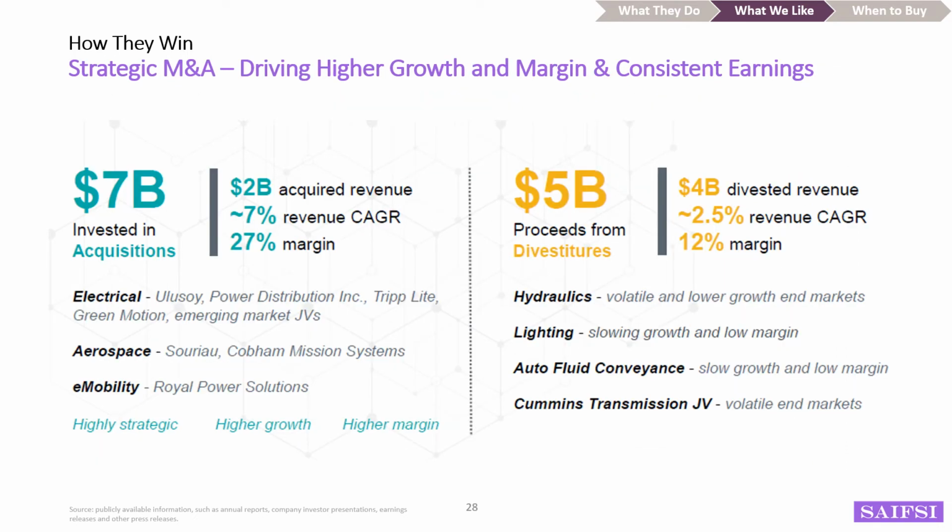A key part of Eaton's story is its strategic M&A. In the past 3 years, Eaton made some bold moves in M&A to transform itself into a higher growth, higher margin company with more consistent earnings. To put it in perspective, in the past 3 years, Eaton acquired $7 billion worth of business across 10 acquisitions, while divesting or selling $5 billion of businesses. And these acquisitions are focused on high growth, high margin, high quality companies, while they sold lower margin, lower growth,